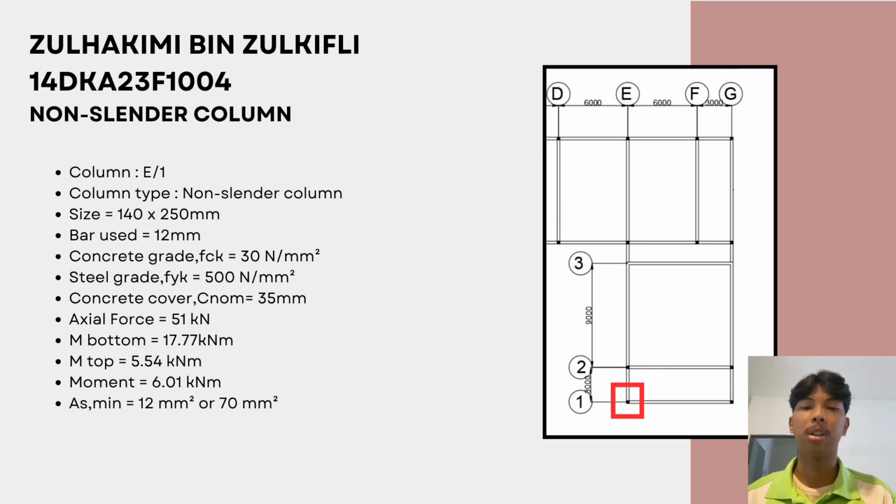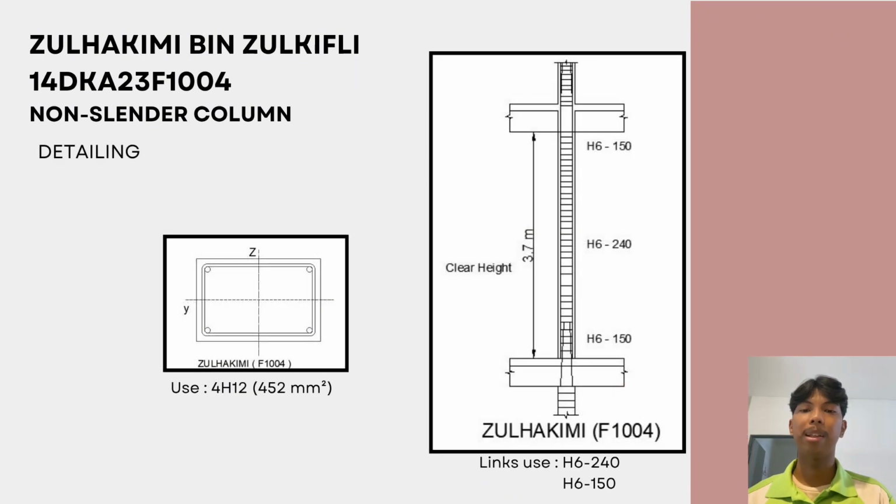70.77 kN and a top moment of 5.454 kN. The design moment is 6.01 kN and the required reinforcement area is 70 square millimeters, which corresponds to 4 bars of H12. In terms of detailing, the column uses 4 H12 as main reinforcement and H6 links